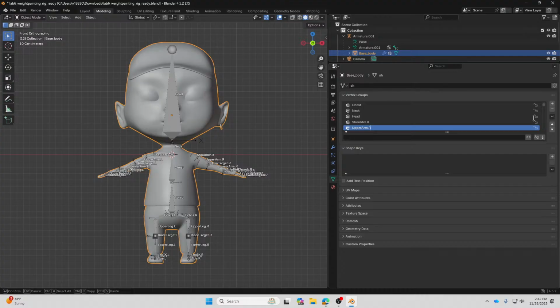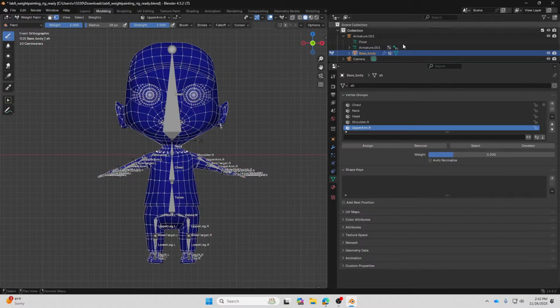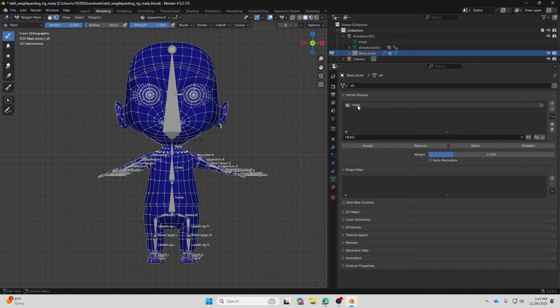Now, what do I mean by that? If you go into the body now and go into weight paint mode, and for example find the head vertex group over here, select only that group.